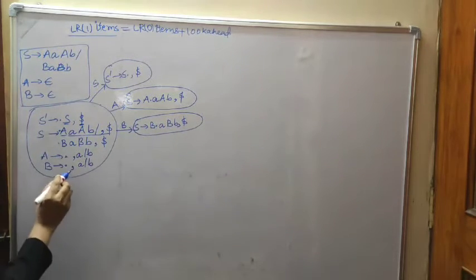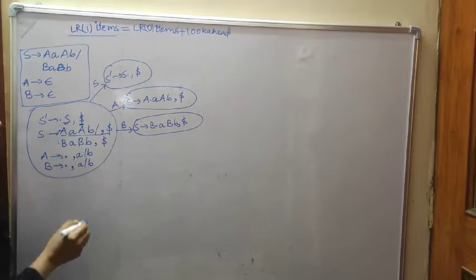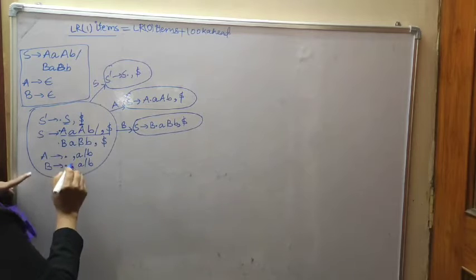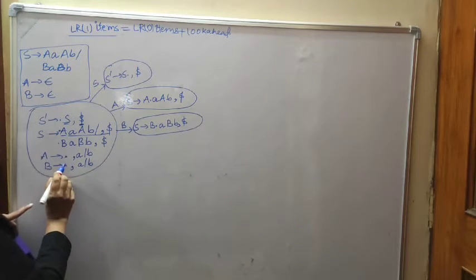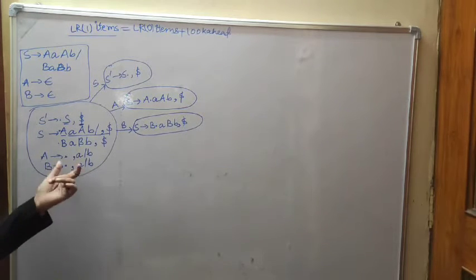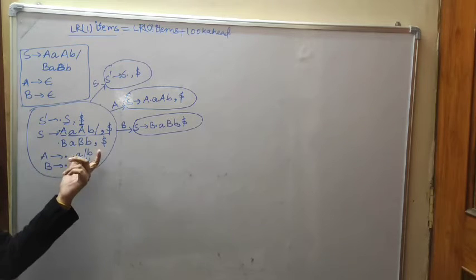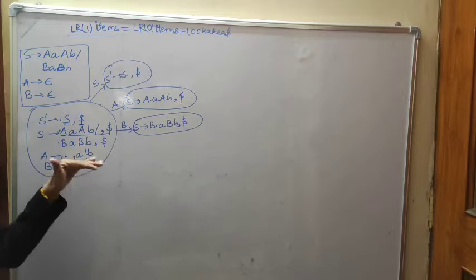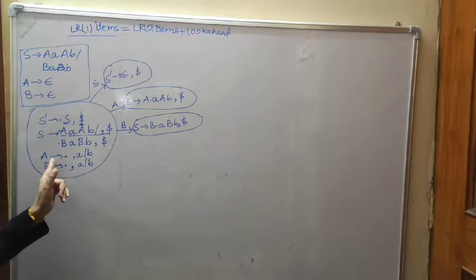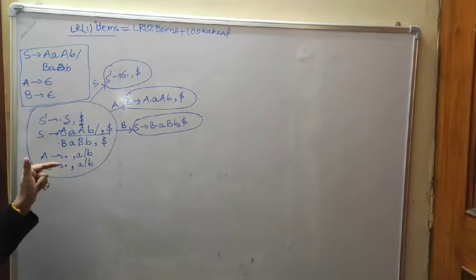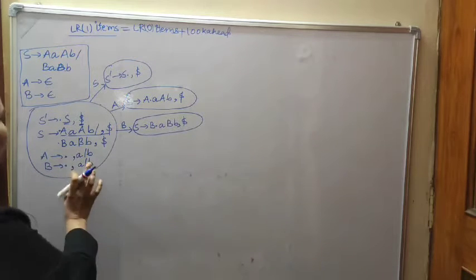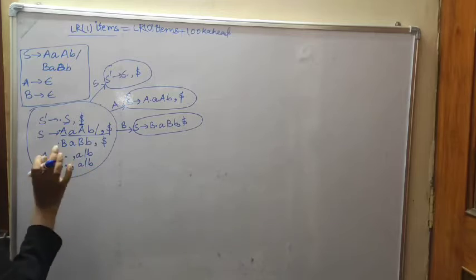Okay, now here, this dot. Remember that in the LR0 items we are not moving, but because here it is given in the look ahead, we can move into the production rules. A is moving to A and this B is moving to A or B. Okay, so this is the final item, so here we will not write.